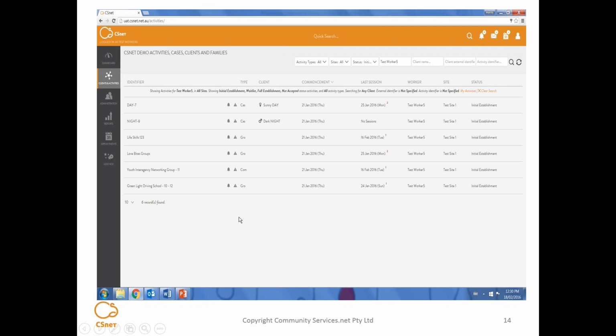You can see on my example here of a screen, I've got 2 individual clients, day and night. I'm doing a life skills group work. I'm also doing Love Bites groups. I've got in here my youth interagency networking group, so that's like a community development activity I'm doing where I'm collaborating with other organisations. And in this particular circumstance, I'm also running a volunteer driving school called Green Light, where